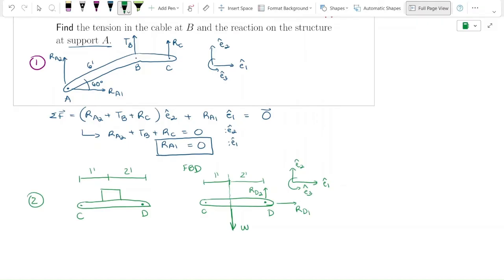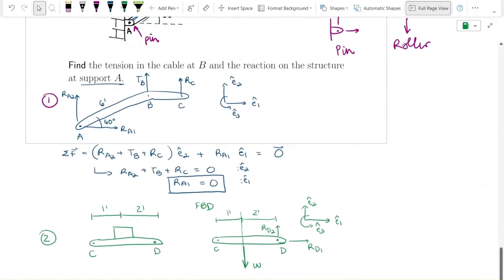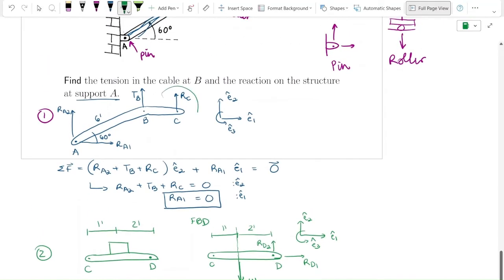And at point C, we had the roller, right? So this is where you have to be very careful. In the first free body diagram, we said that the force that the roller exerts on the bottom,